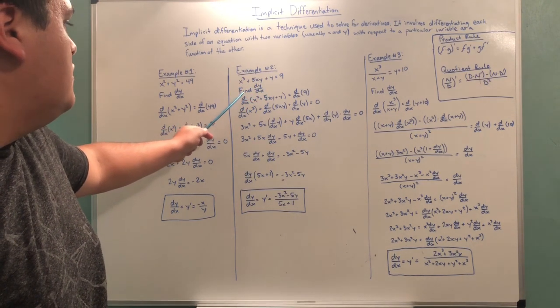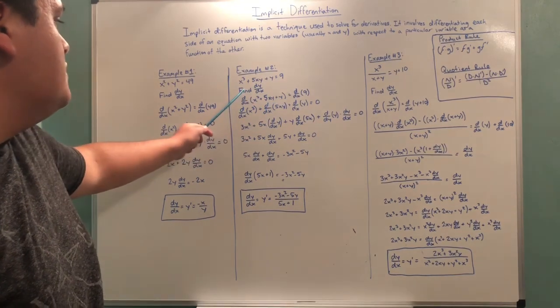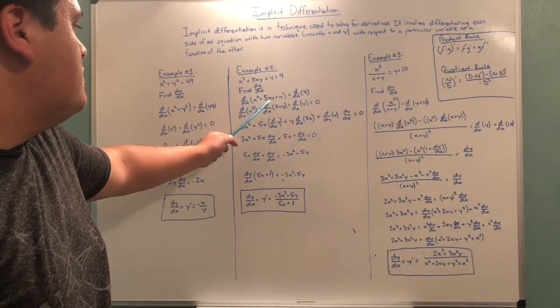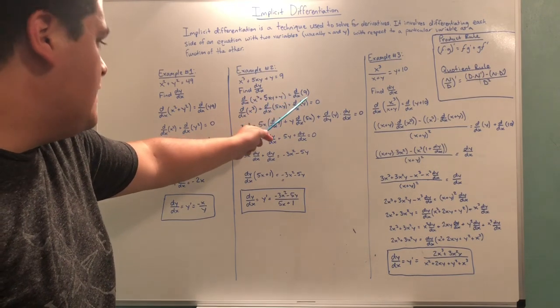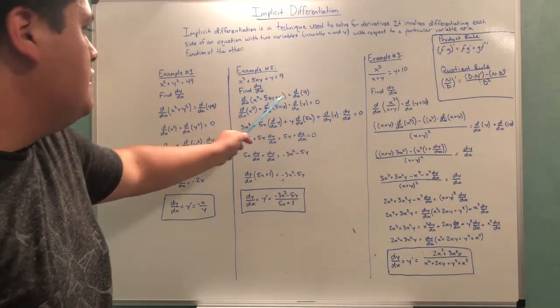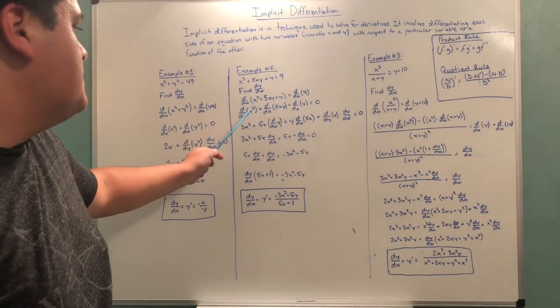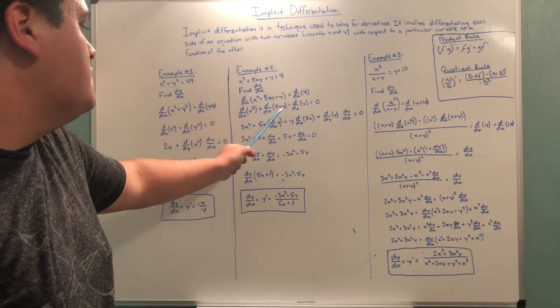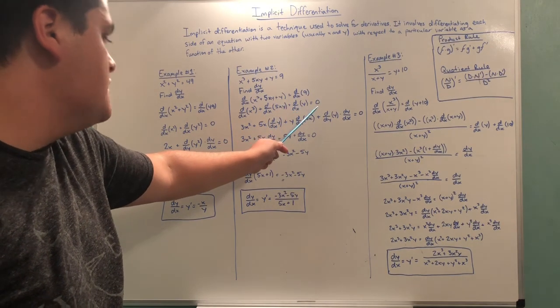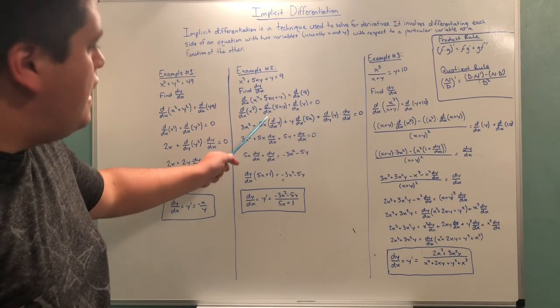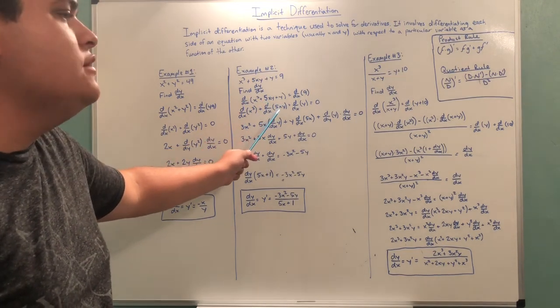So now we need to differentiate both sides. So d over dx of x cubed plus 5xy plus y is equal to d over dx of 9. We can split these up into separate derivatives. So d over dx of x cubed plus d over dx of 5xy plus d over dx of y is equal to 0. Now from here we get 3x squared plus, however, this term actually, we need to apply the